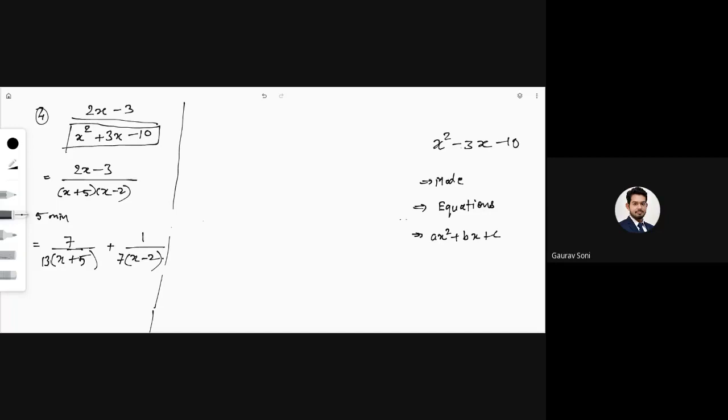I have written it on the screen. So you press mode, choose the equations, and in the equations you will have ax square plus bx plus c. उसके आगे एक number लिखा होगा 1 2 3 4 whatever. So you press that number. Look on the screen, I have written the steps what you have to do. You have to press the mode, then choose the section where you see the equations. Once you see the equations, you will see one equation of the form ax square plus bx plus c. You have to choose that.